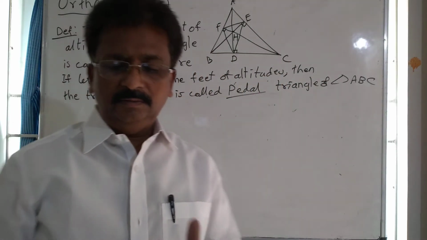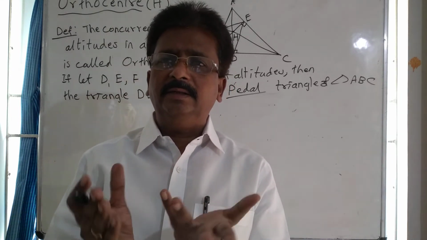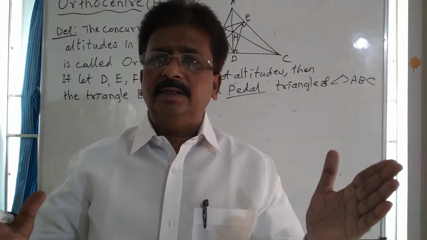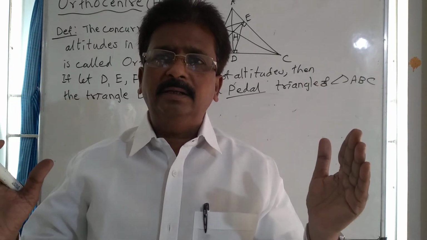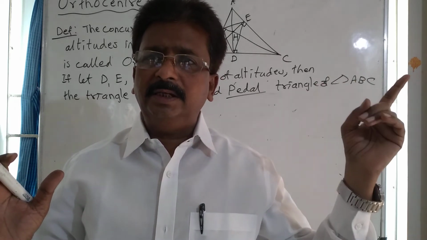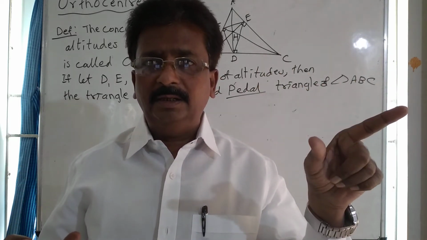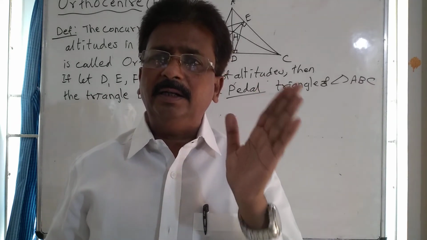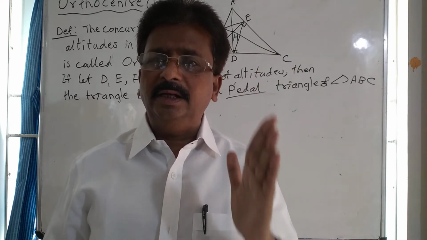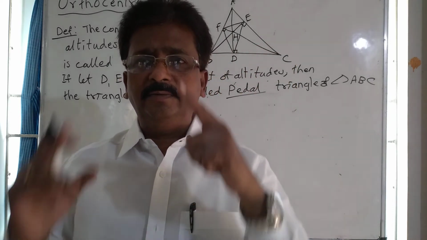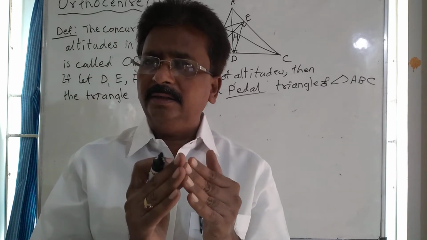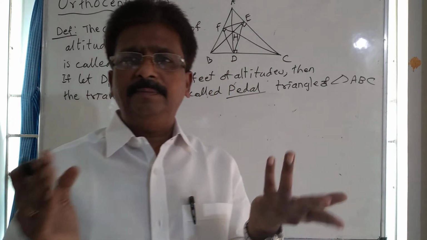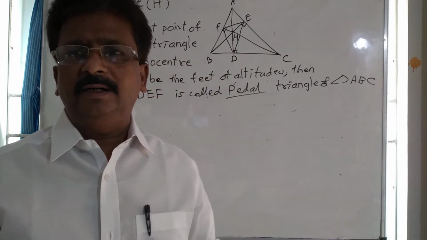Okay. Now to find the orthocenter, there is no special formula. There is a procedure. Just like the circumcenter, to find the circumcenter there is a procedure. Here also there is a procedure to find the orthocenter. What property of the orthocenter is there according to the triangle nature? The nature of triangles has three varieties: equilateral, right angled, and scalene. In case of the right angle triangle, where is the place of the orthocenter?